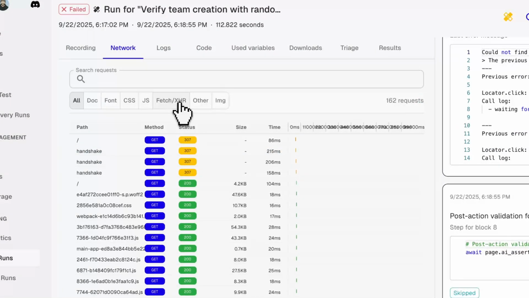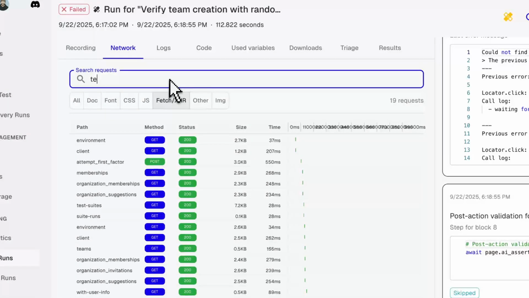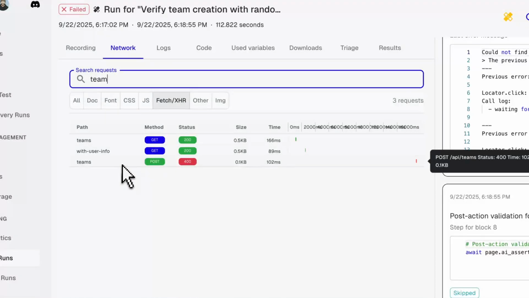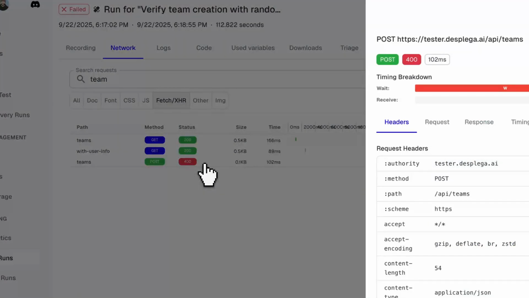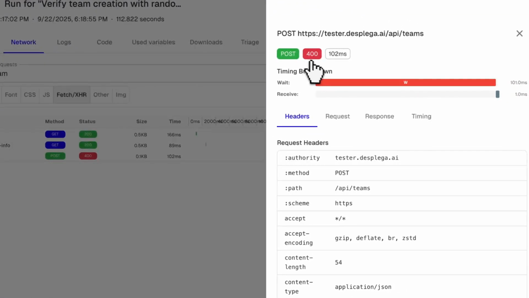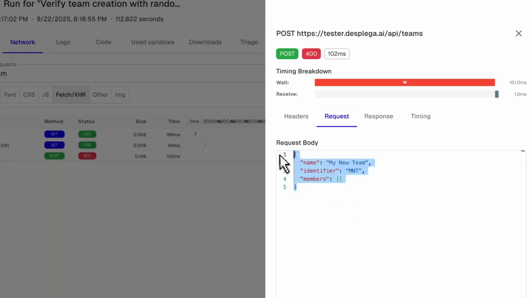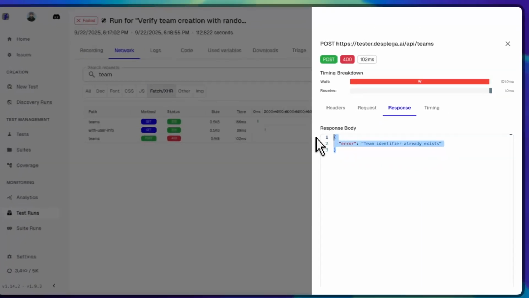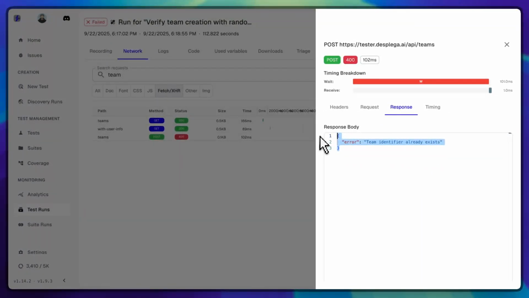An interesting thing that we have added is this network interface. So for example, in this network interface, you can check the requests that we did to teams when saving this, and you can see that we got a 400. So this is the request that we sent to our server to save this team, and the response, hey, that team already exists. So actually, we're choosing a team that already existed, and we didn't prompt an issue to our user. So you can go back to your issue,